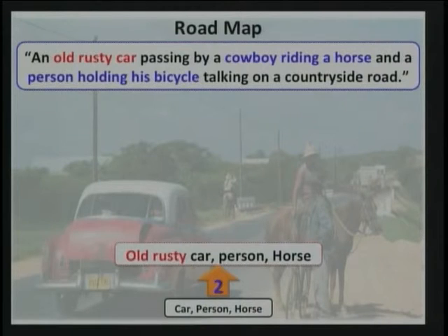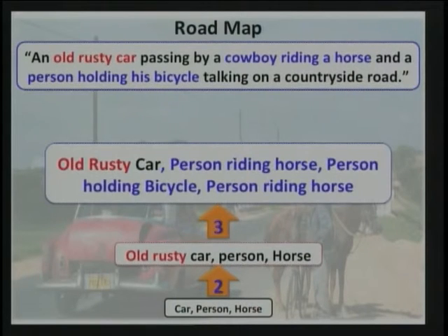So what I've talked about so far is going from object categories to a representation that has a description of the objects. Now I can go one step higher. Now I can reason about complex composites of the objects. A person riding a horse, a person holding a bicycle, another person riding a horse. And this is just the beginning of this story. There are still many, many more steps to be taken.